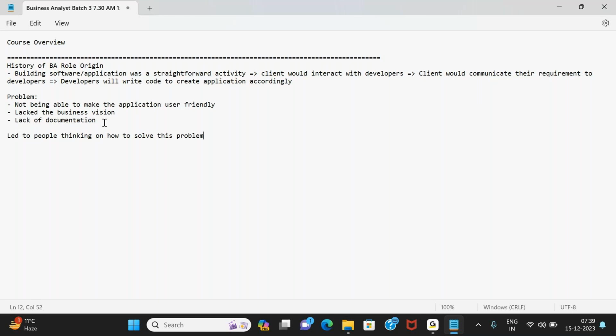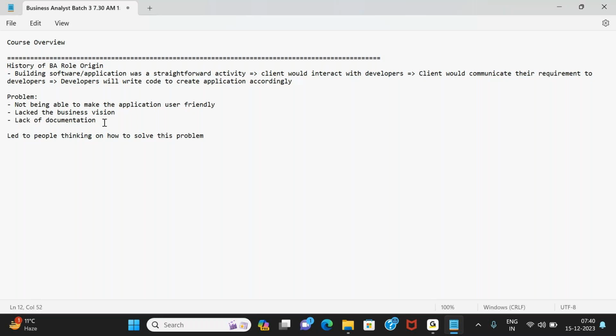Okay. Normally, every business that is started, they want to grow. No one starts a business to be small scale. Everyone wants to become a large company. Everyone wants to make a lot of profits. So when businesses are growing, they think that accordingly our IT should also grow, and our interaction with IT should